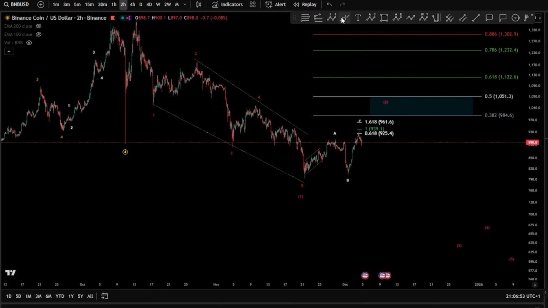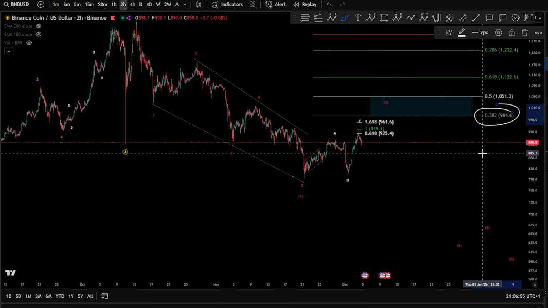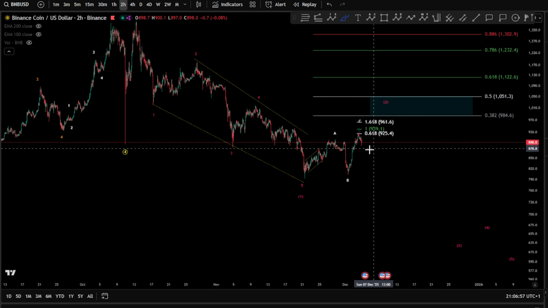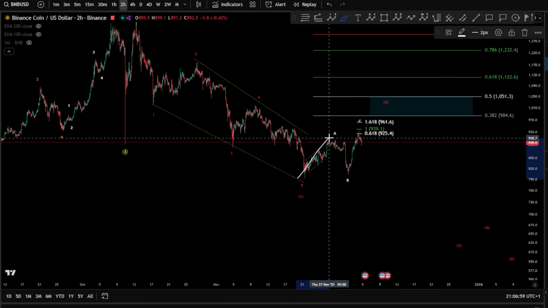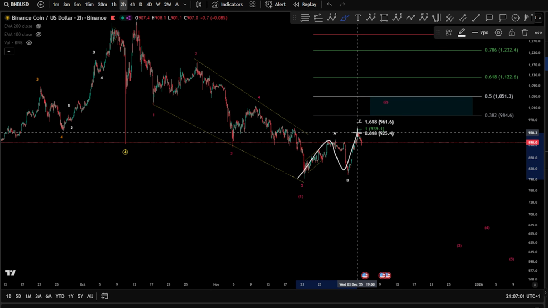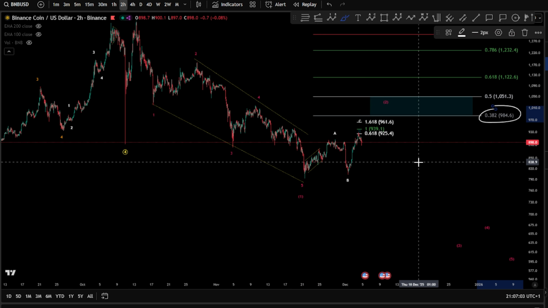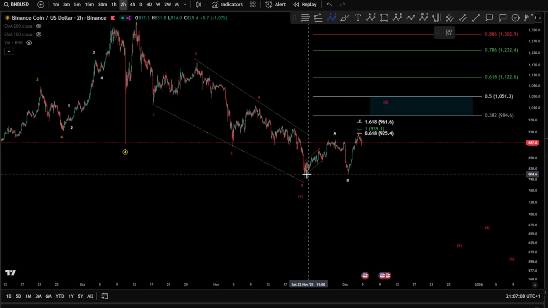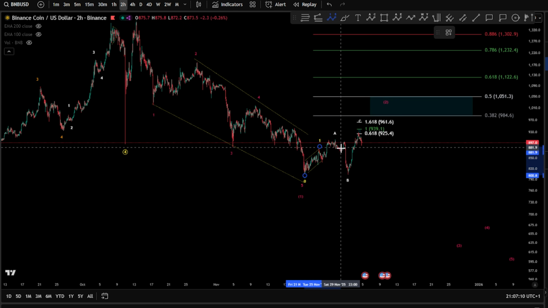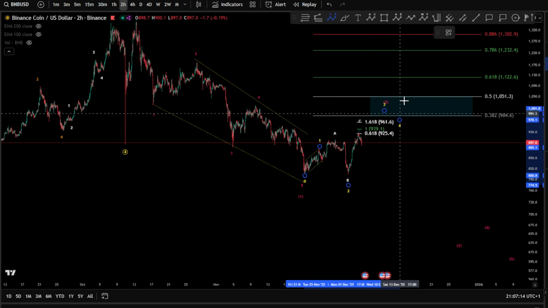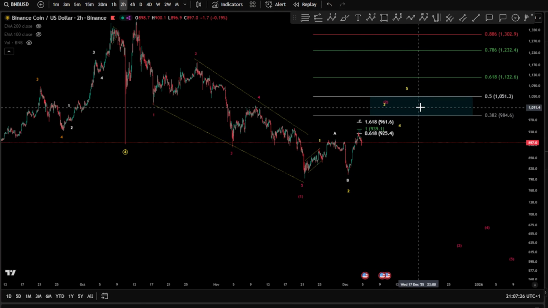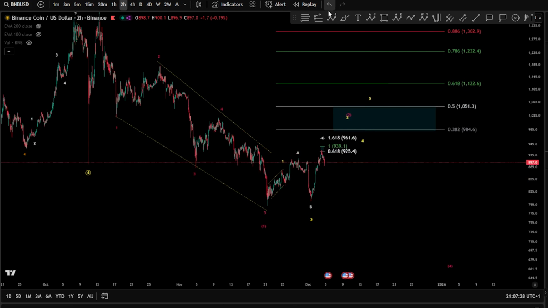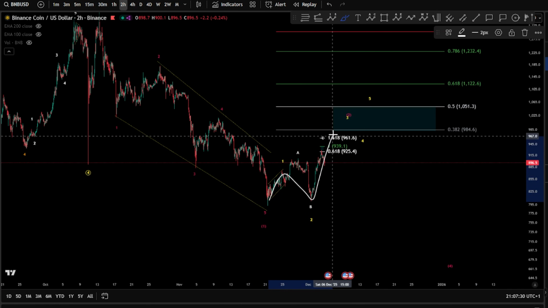Now, the wave 2 has to reach at least the 0.38 fib level, 984, and we're still here potentially in an ABC, which did not reach the requirement yet. That means you can also be in a potential wave 1 and then an ABC, of course wave 2, as an expanding flat, and being in 3, 4, and a 5. In case this happens as an impulse there, you might be in 1, 2, 3, 4, and a